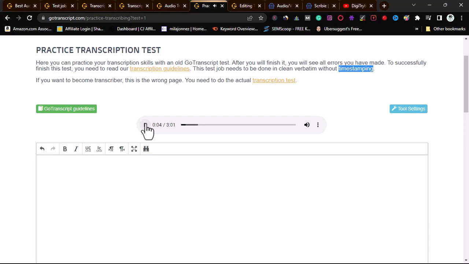So that is the speaker. Now you remember we have what we call speaker 1. You can use speaker 1. Then I have an accent. Always remember to bold. Don't assume it's Russian. More and more people are complaining about the GoTranscript test.